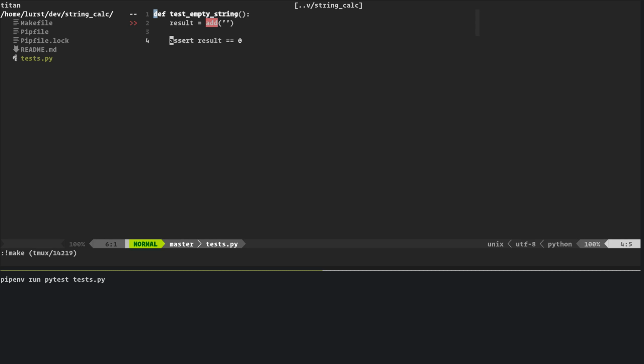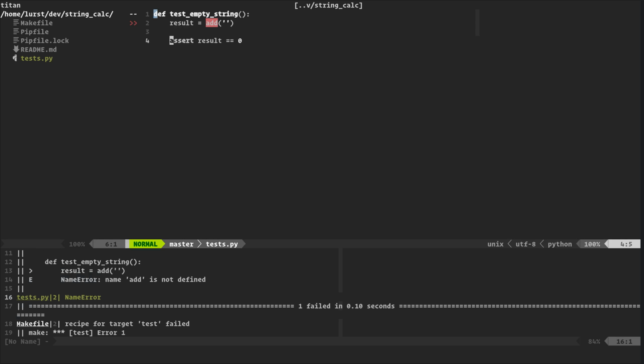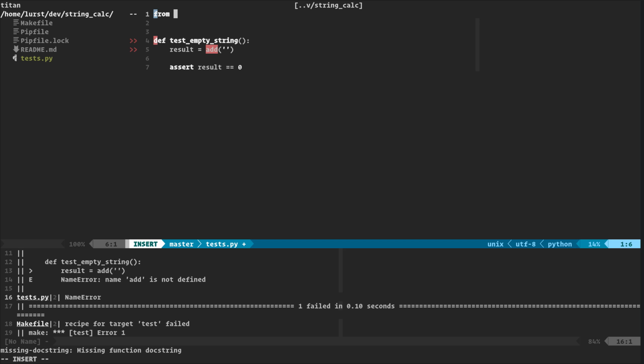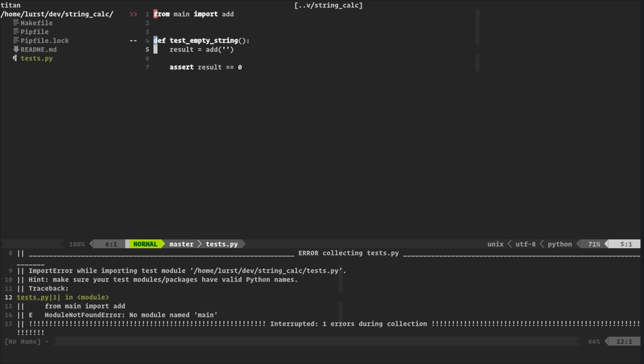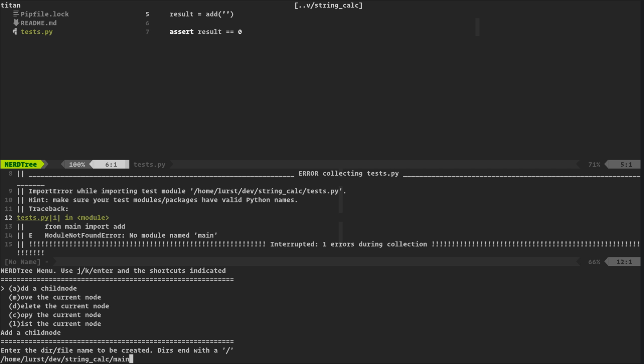When we run the test, it's going to fail because add is not defined. So let's import it: from, let's call it main, import add. Now it's going to complain because main doesn't exist, I think. Yes. So let's create main.py.